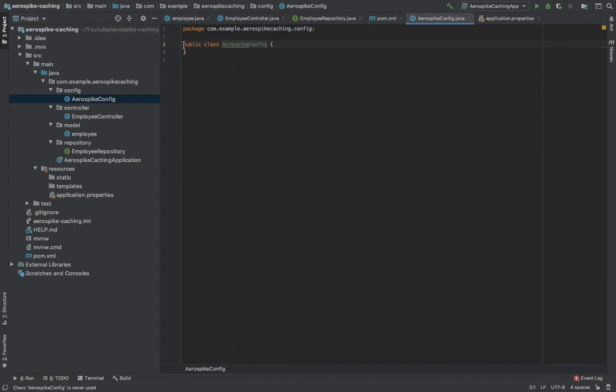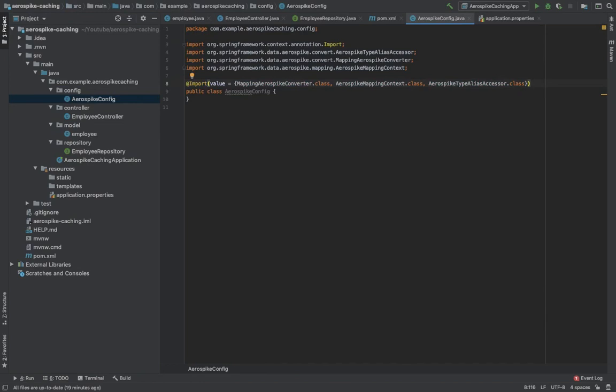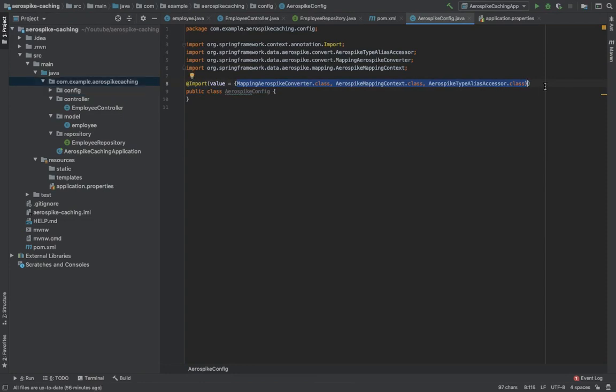First we have to import 3 classes from the Aerospike package. These classes are required for the Aerospike caching manager constructor. Now add the Aerospike client with your server details.